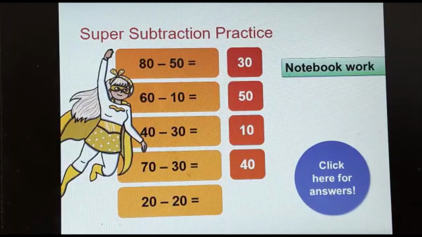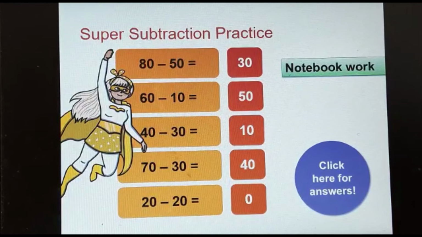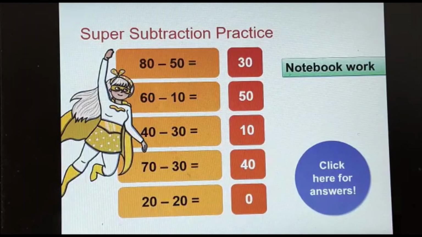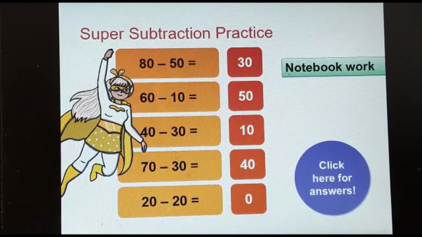And at the same time, we can ask them to see whether they have done the answers correct and give themselves 3 stars if they have done it all correct. And even if 1 is wrong, 2 stars will be perfectly fine. That's how the super subtraction practice can be done